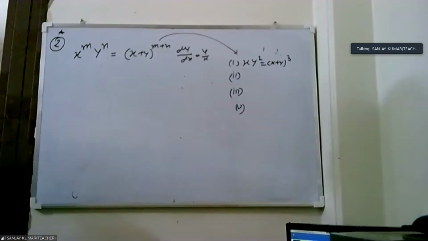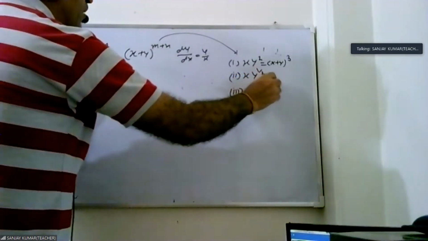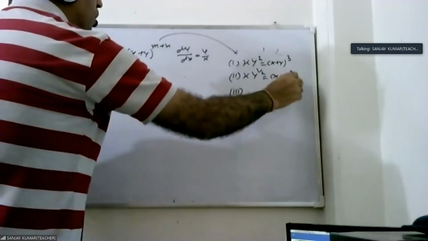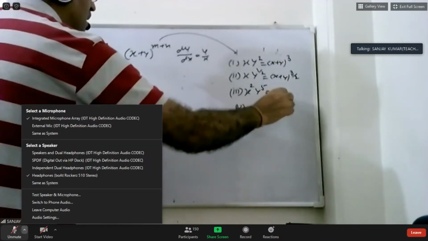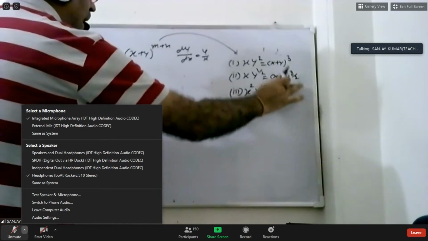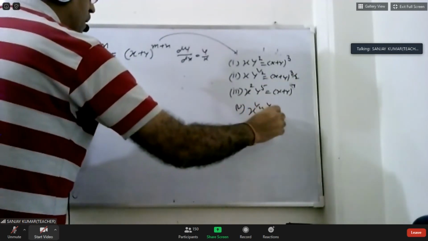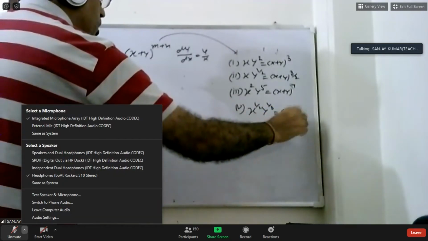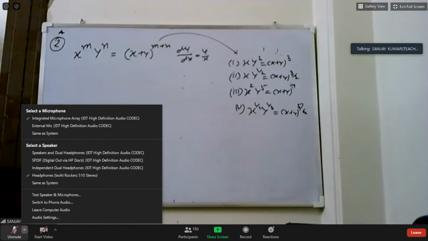For example, we take the values in fraction. That is 1, and y we take half. Then we get x plus y raised to power 3 by 2. We take the value of m as 2 and n as 5. Then the question becomes x plus y is 7. If you take the values in fraction, that is half and y 1 by 3, then x plus y raised to power 5 by 6. All of the questions are the same. The answer is always the same, that is y by x.